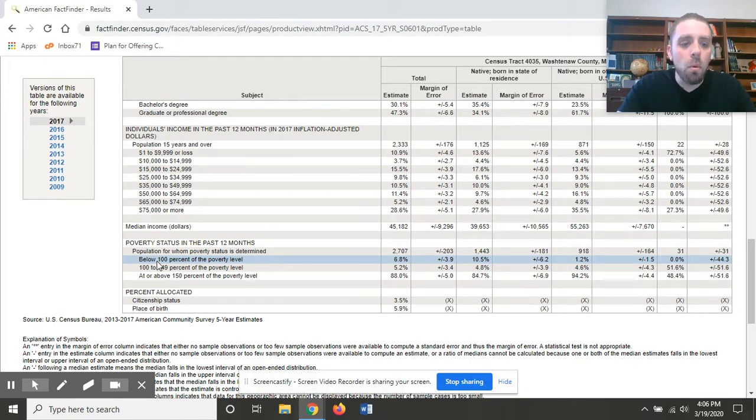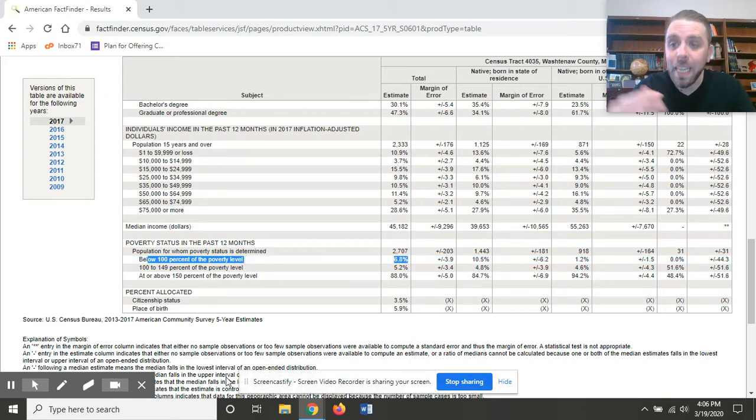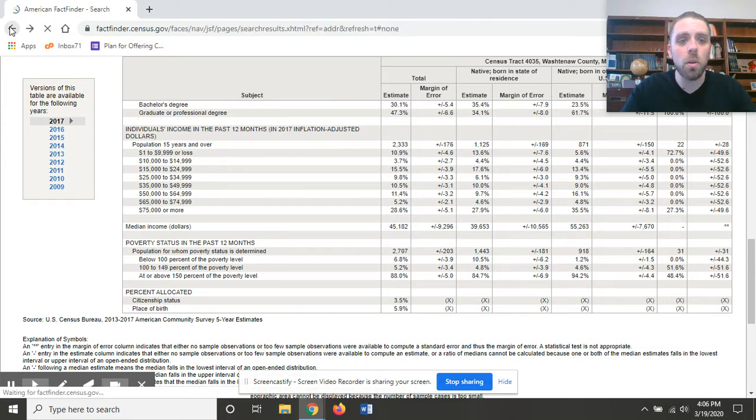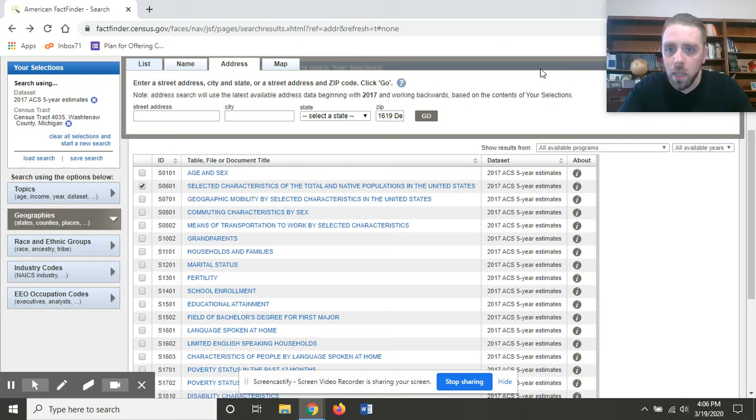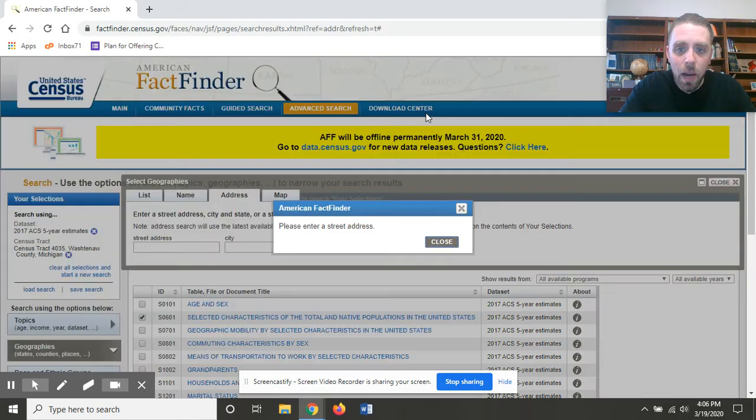I will want to grab below 100% of the poverty level. 100% of something is that something. So if you are below 100% of the poverty line, that is the percentage of the population that is living in poverty. And right there, just this one table really gives me a really nice picture of what the demographic reality of this particular neighborhood looks like. Now, if I care about other variables, so for example, one of the variables that I really care about is